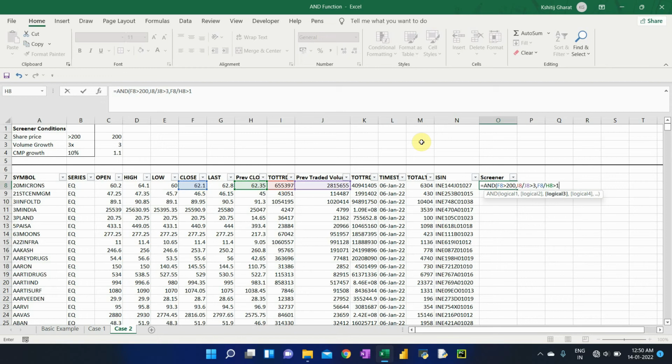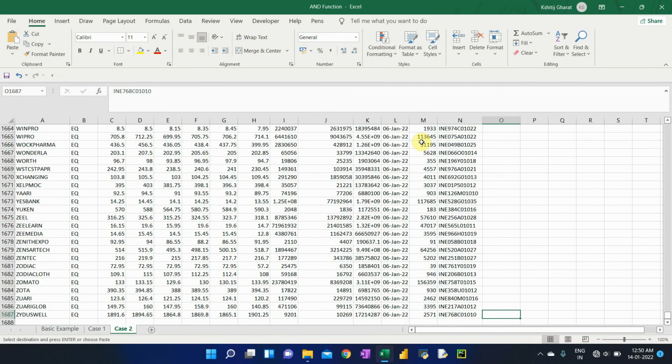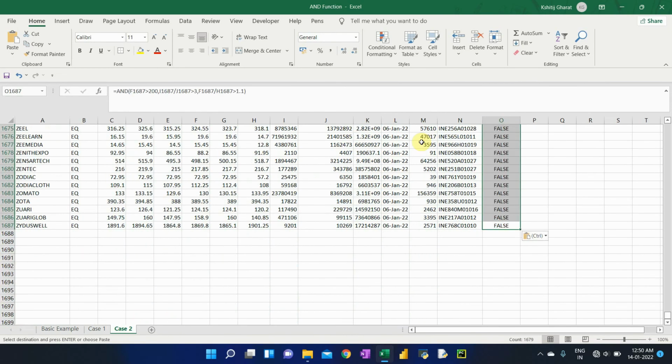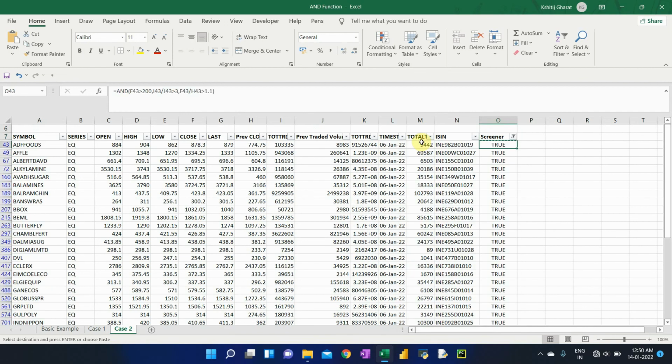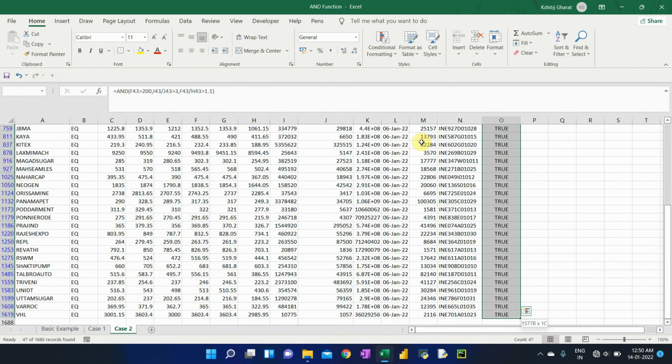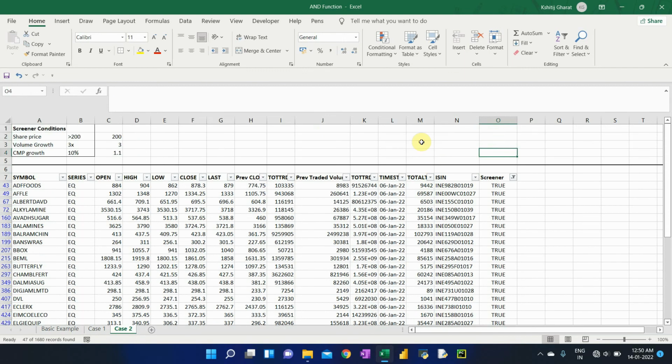Why 1.1? Because it is 10%. So I'll press enter and I'll paste the formula everywhere and I'll filter out the false values. So if you see, now we have our screener which is giving us only 47 scripts. So out of 1680 we filtered out only 47 scripts for study based on our criteria.